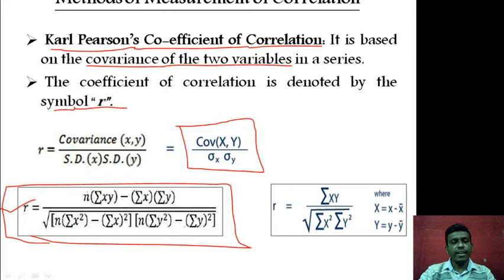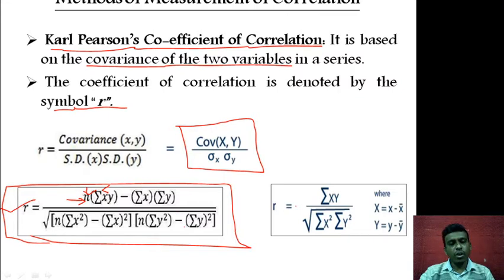Here, what is n? Small n is basically the number of values that are given for x and y. Suppose 8 students are studied in two different subjects, marks obtained in maths and marks obtained in English. If we want to study this for 8 students, then 8 is the value of n. The x value might be maths, and y will be marks obtained in English, and so on. This will be much more clear when we take a numerical.